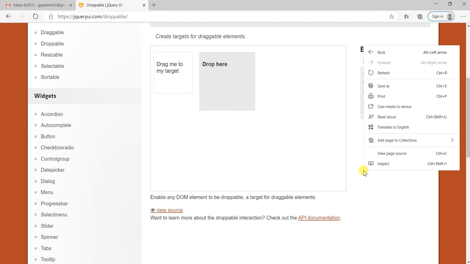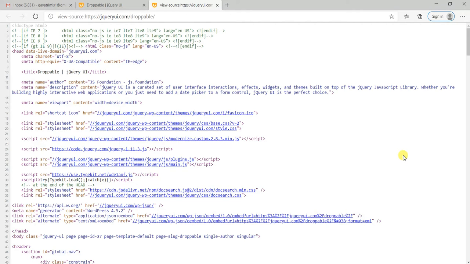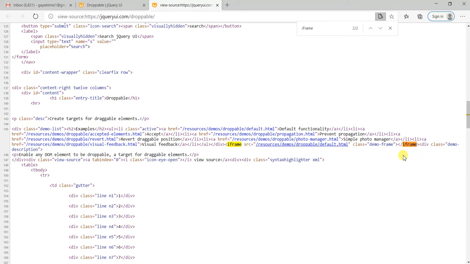We need to right click on the page, click on view source, press Control F and search for the tag iframe. If we find the tag iframe in the source code, how many iframes are there? Only one iframe tag is there in the whole source code. That means one frame is there in that page.